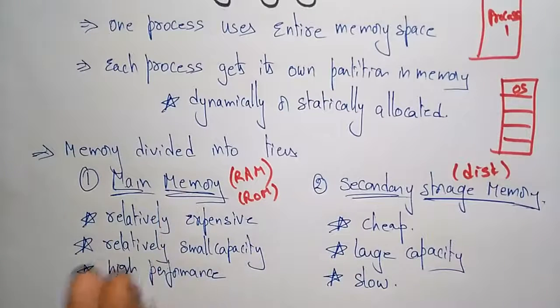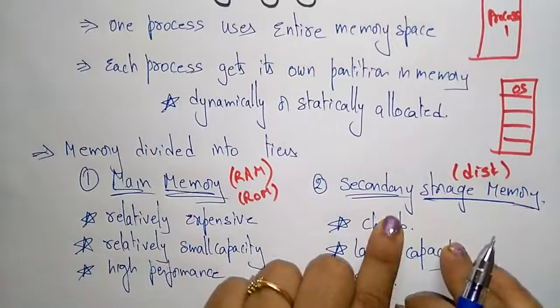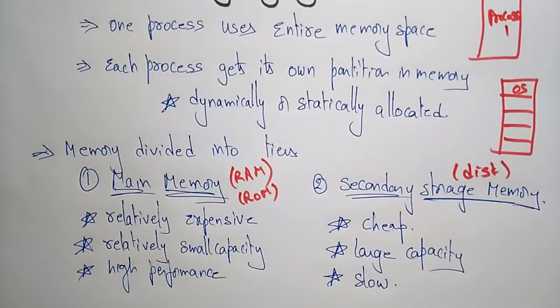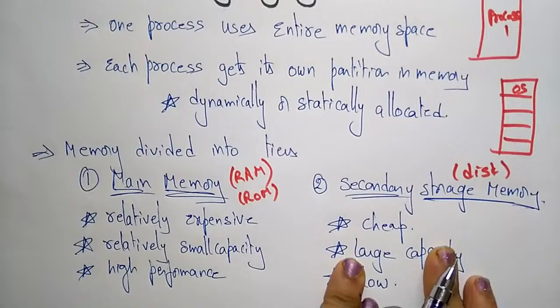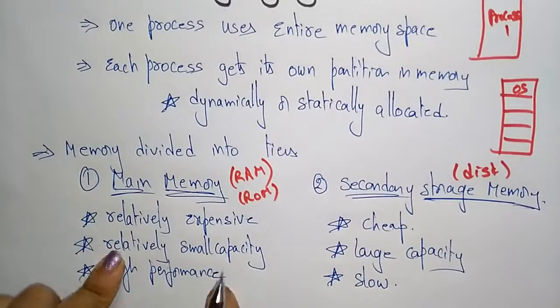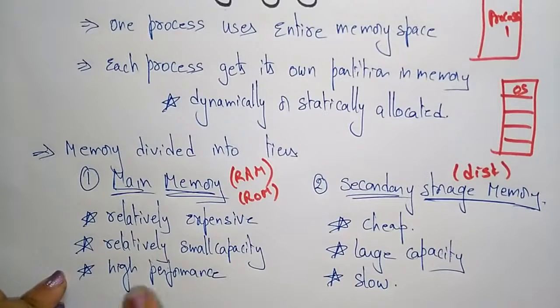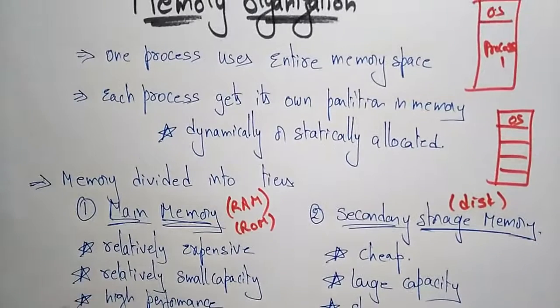So everything we have to do, the memory organization will be done on main memory. The secondary memory storage means you can erase if you want, you can use it whenever you require. So there is no frequent access to the secondary storage memory. Only the frequent access will be done in the main memory. So while doing the memory organization in the operating system or in the computer, we require careful management of the main memory. Now let us see the memory management.